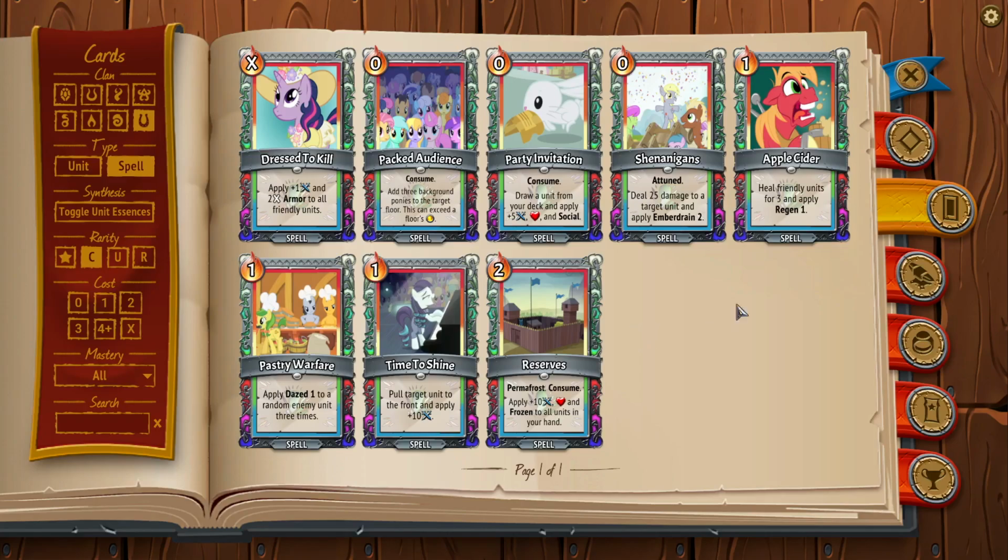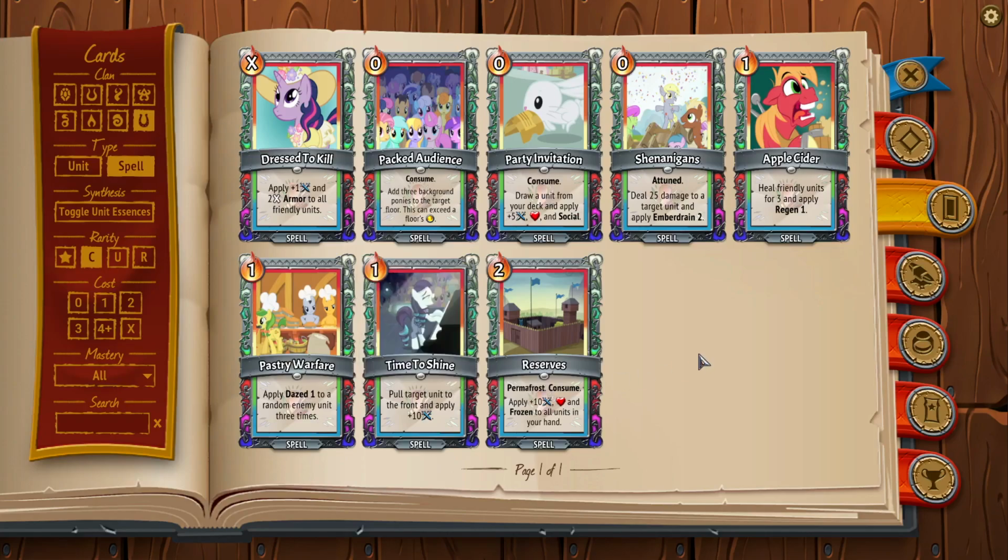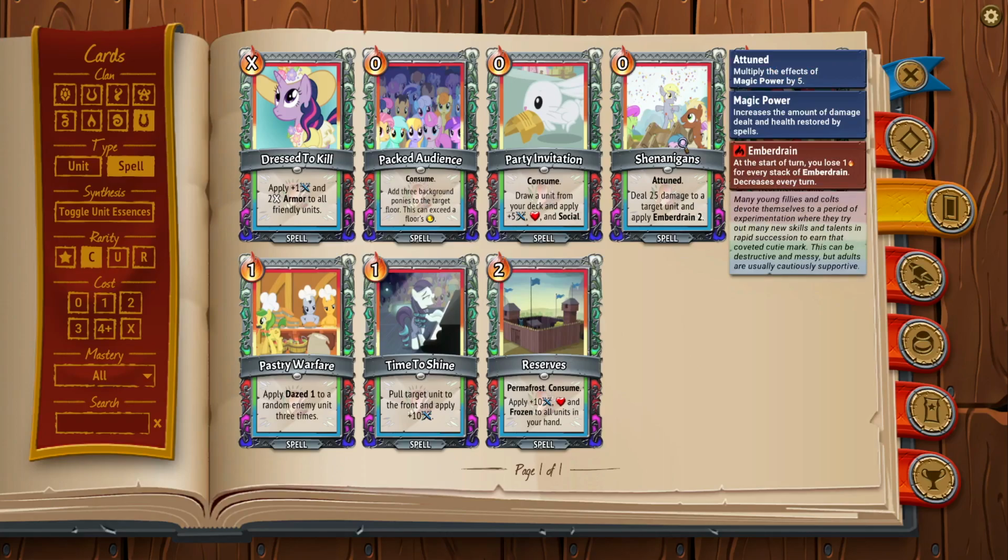Dress to Kill, Apple Cider, and to an extent Pastry Warfare is about protecting them, and then Time to Shine puts the Chaotic Herd into order. The only card that doesn't fit the theme here is Shenanigans, and Shenanigans honestly deserves its own discussion because it's